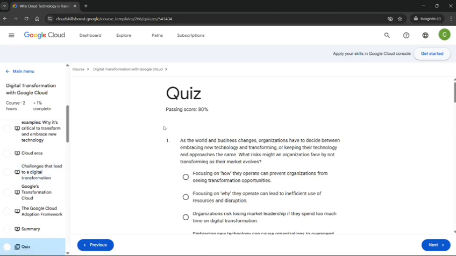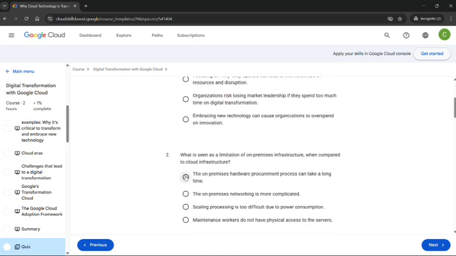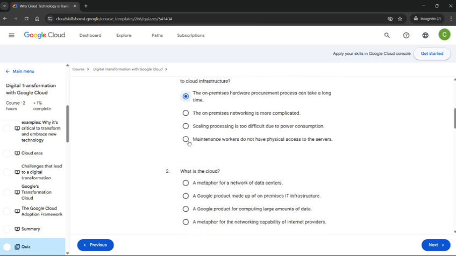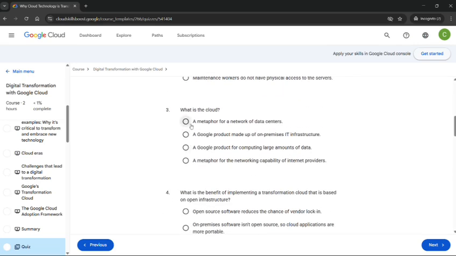Alright then, let's start with the first question. The answer for question 1 is this one. Okay? Match it with yours and mark it correctly. Now guys, remember, for you this might be the fifth question, second question, or even the third question. The answer for question 2 is this one. The answer for question 3 is this one.